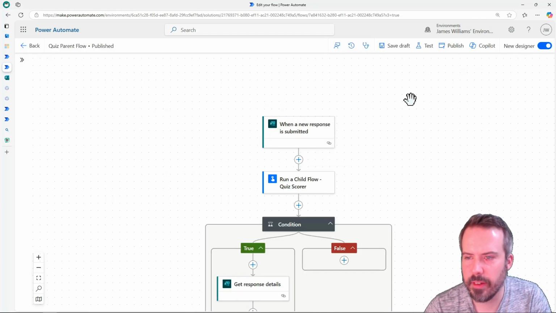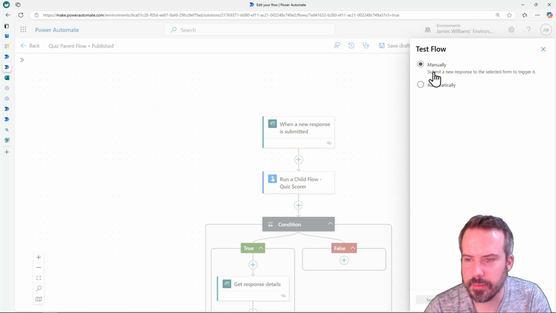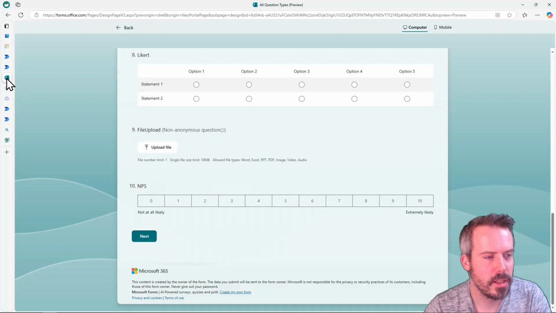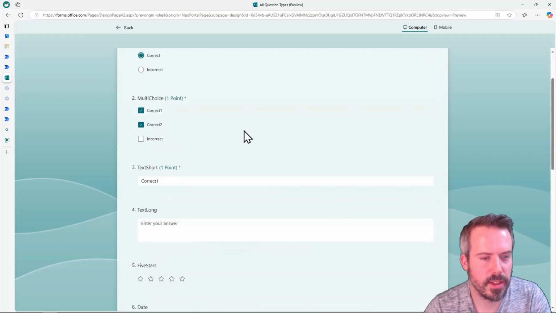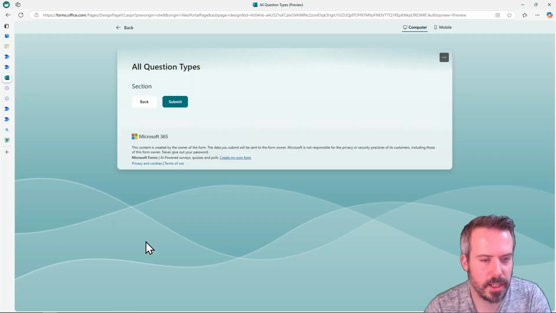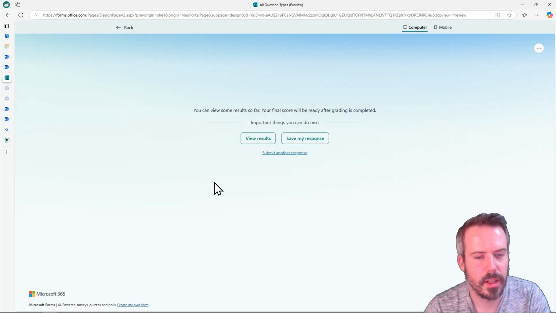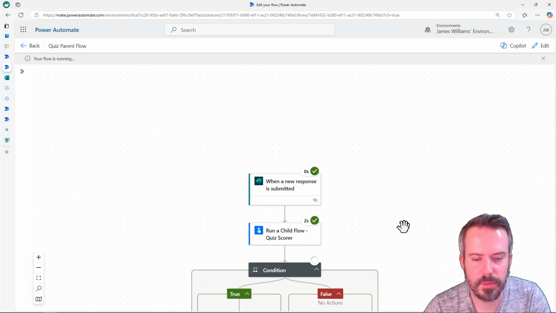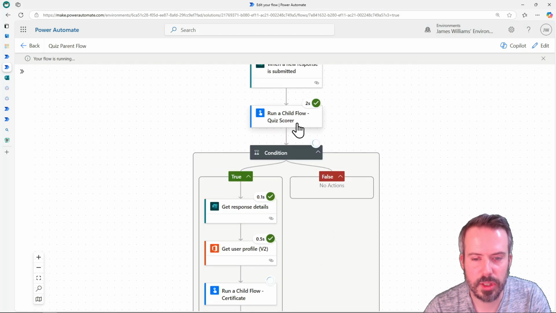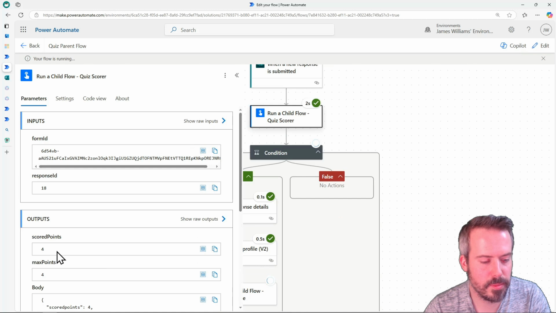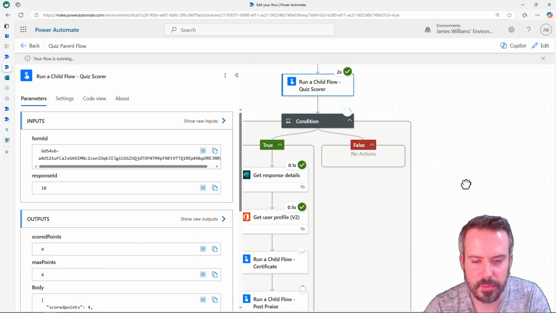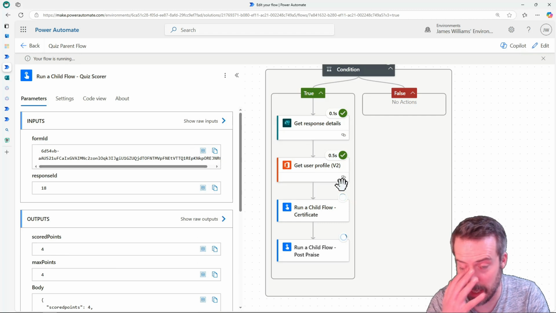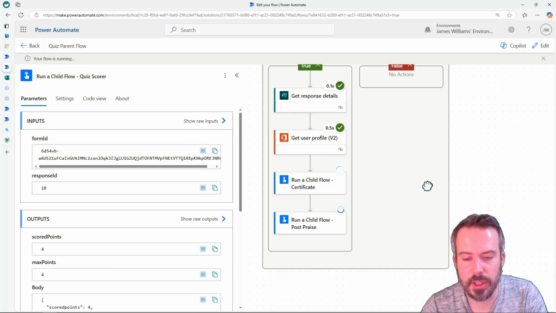So here we are in the parent flow. I'm going to click test and manually, so that will now wait for a response to the form to come in. So let's go, here's one I filled in earlier with the correct answers, and I'll click next and submit. So that result should then get fed back to the flow. So it's triggered the flow, it's run the quiz scorer, and we can see that the score there was 4 out of 4. So it's passed the quiz, it's gone down this left-hand branch, and now it's running that child